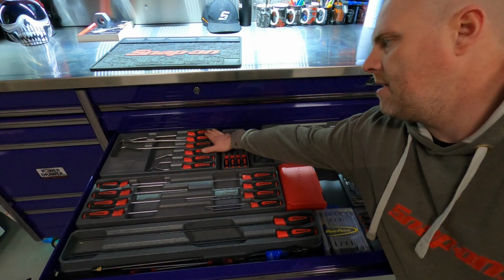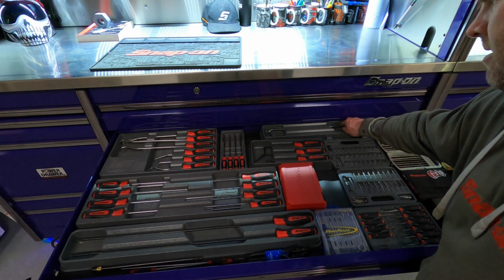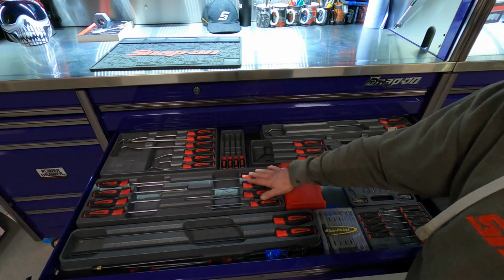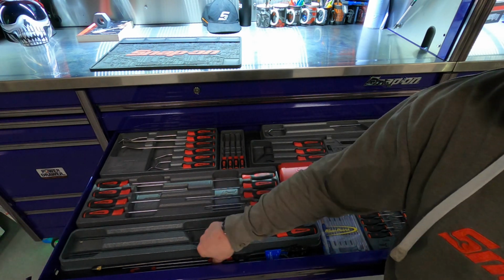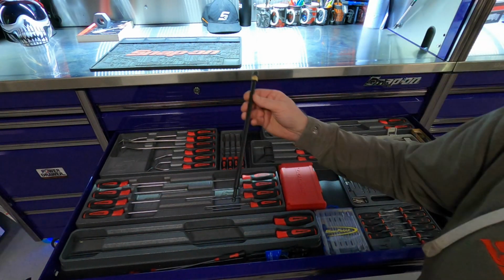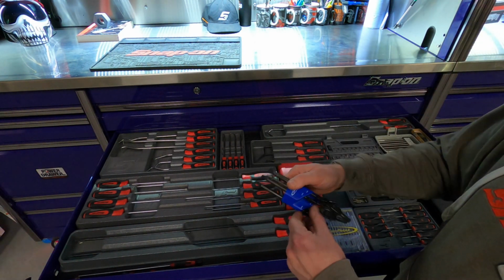We'll start with the angled picks, the short picks, some more picks, lever, radiator tool, rad hoses, long screwdrivers, Phillips and flathead, the really long screwdrivers, Phillips and flathead, some terminal drivers, some extension bit drivers, an adjustable set of Allen keys,